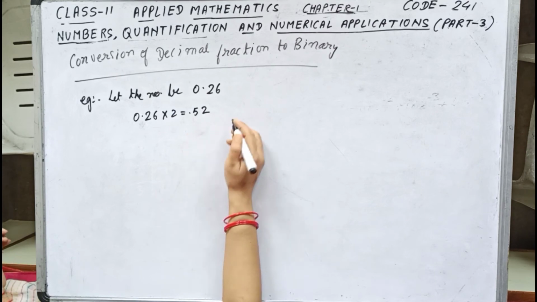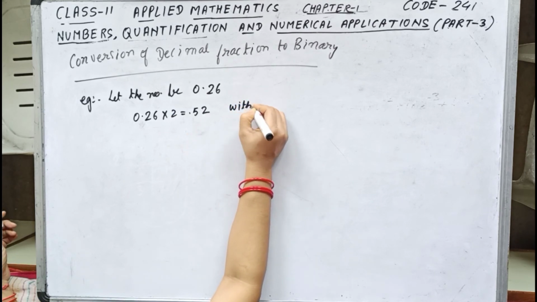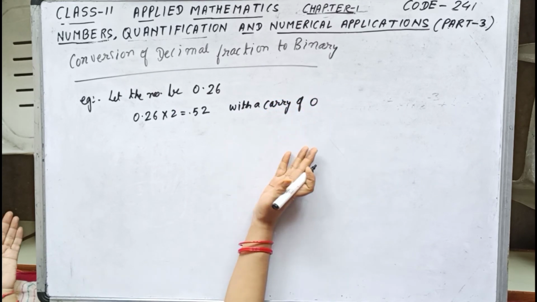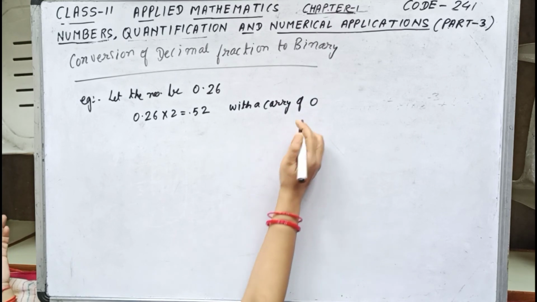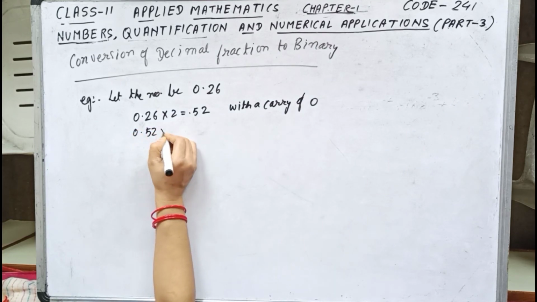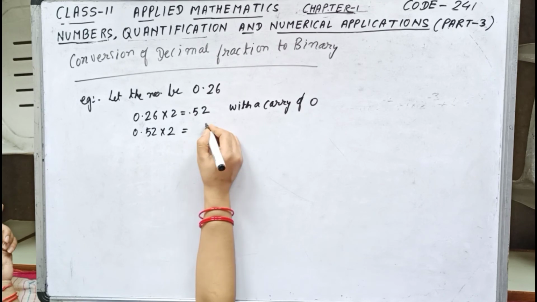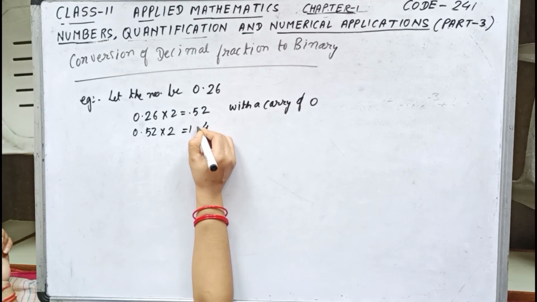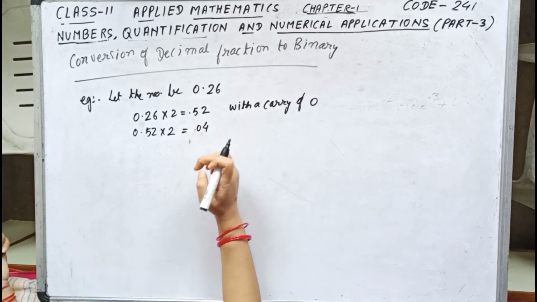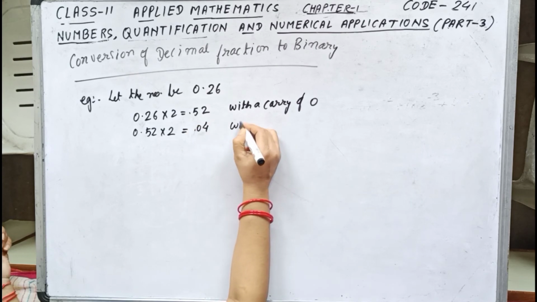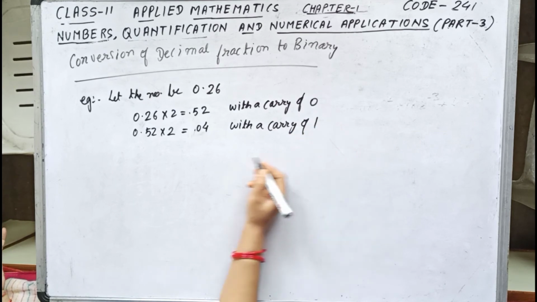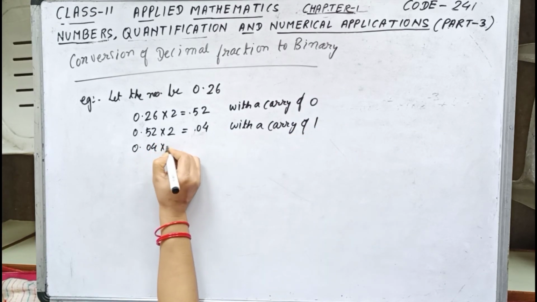Over here still it is less than 1, so we will be writing over here with a carry of 0, or we can write over here integral part 0, whatever, I need this number only. So either you write with a carry of 0 or integral part 0. Again 0.52 multiplied with 2. So this will come as 2 2s are 4 and 2 5s are 10, so it is actually 1.04. So we won't be writing this integral part. Over here this one we will be writing with a carry of 1.